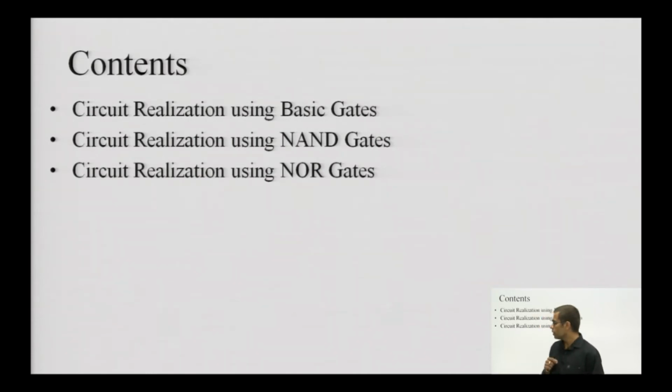Okay. So, there are three ways by which this can be done in form of gates. From the scope of unit 1, we can say that these are the three methods. As we proceed to unit 2, we will see that there are other methods as well, where any expression can be realized with the help of specialized circuits like multiplexers and demultiplexers, but that will be seen in unit 2. So, from the scope of unit 1, these are the three methods: circuit realization using basic gates, NAND gates and NOR gates.